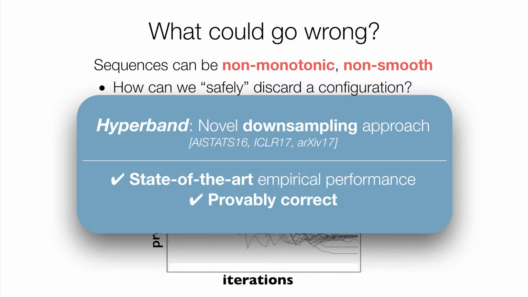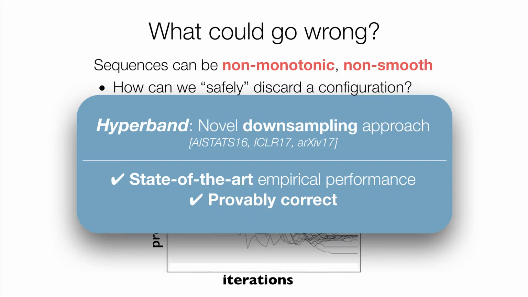Of course, if we train something and throw something out too quickly, maybe it was just a late bloomer, it's going to be a really good configuration, but we threw it out too early. Alternatively, if we train for too long before throwing something out, we're kind of wasting our resources. So there's this question of how do you know when, without making really strong assumptions, to throw away a model and discard it. Right, so that's the focus of this algorithm that we've been developing the last several years.